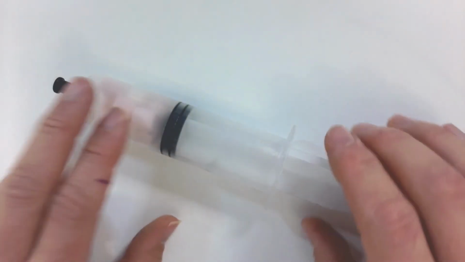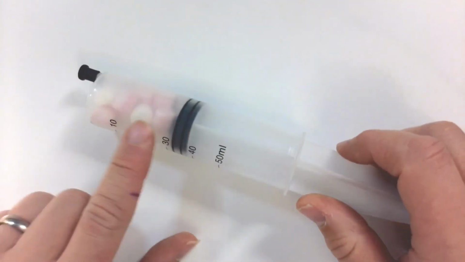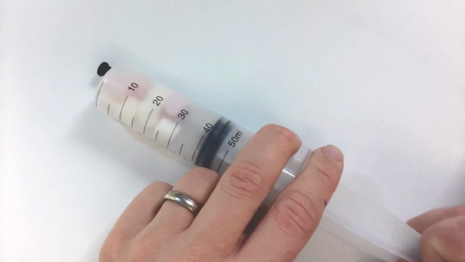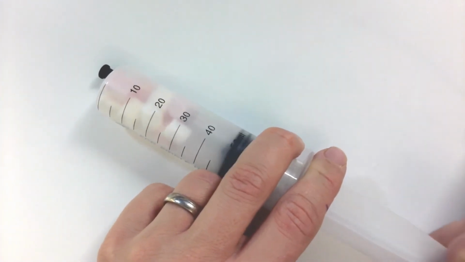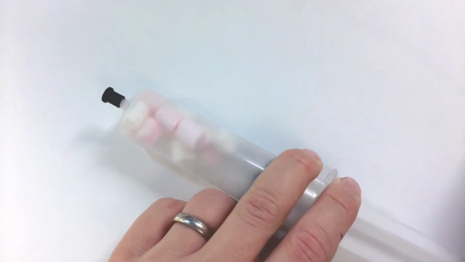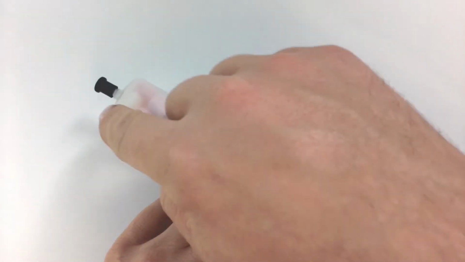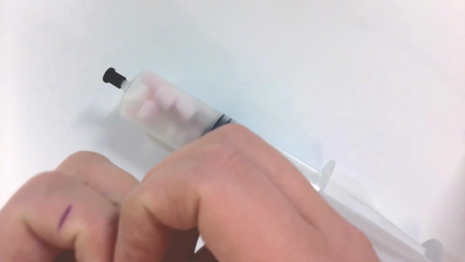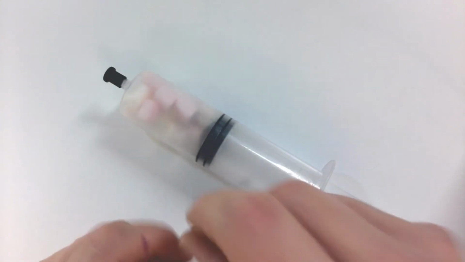One really nice demonstration about the relationship between pressure and volume is to get a syringe and put some marshmallows in the end. As long as the end is sealed, when you increase the volume, you will see the marshmallows grow. And that is because the pressure is decreasing inside the syringe and the pressure of air inside the marshmallows is making them grow. This can also work well with a wine bottle with marshmallows inside and a vacuum van.